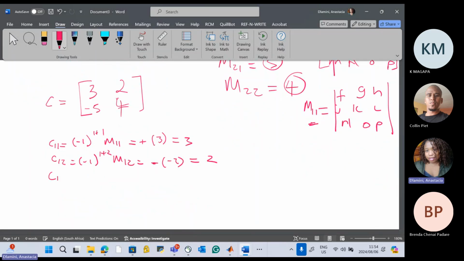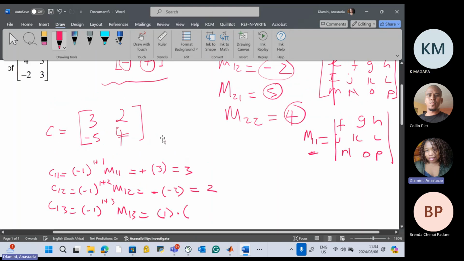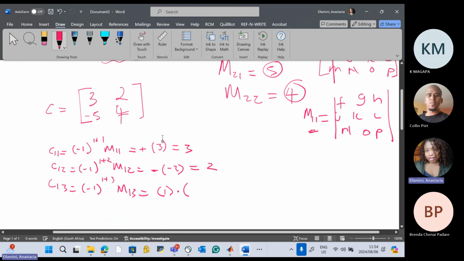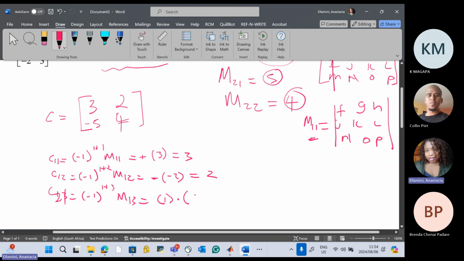Then C13 is (-1)^(1+3) M13, it becomes positive 1 times M13. What do we get? Oh, there's no M13, there's M21, which is 5. This is positive 5. Then C22 is equals to,